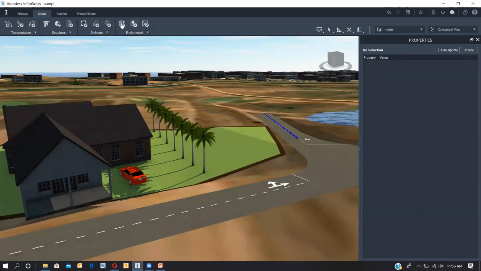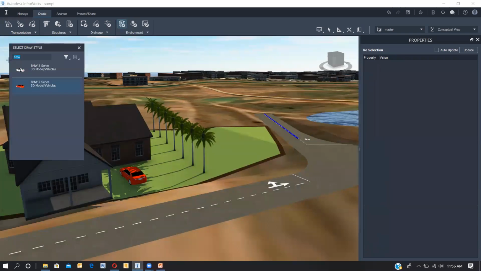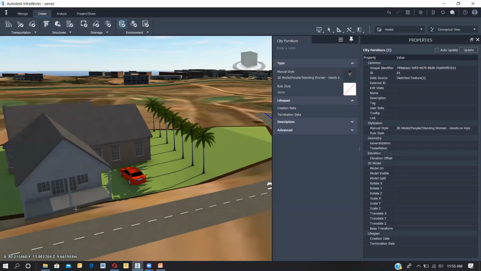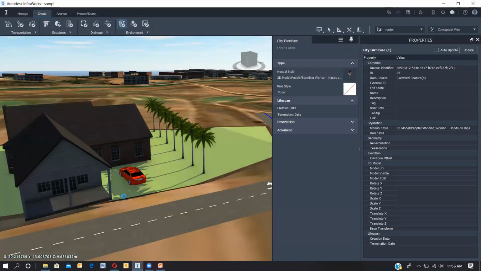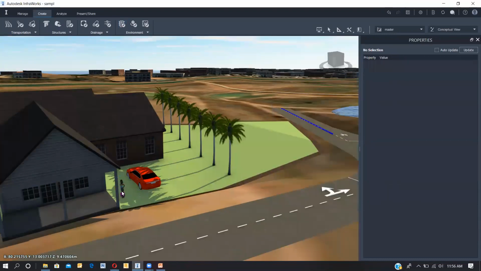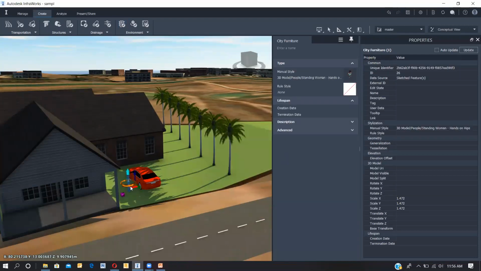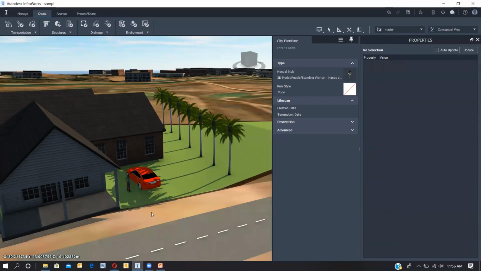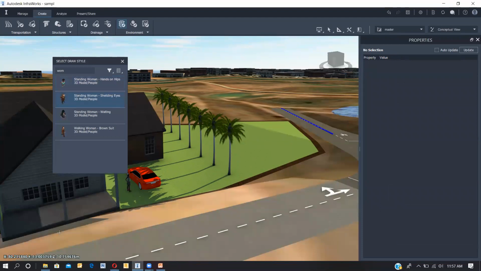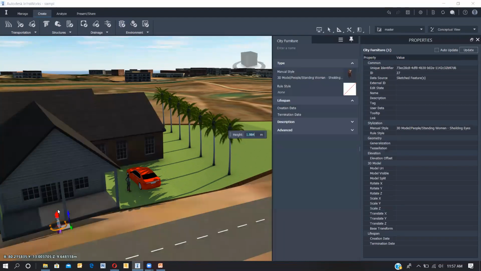Like if I want to place a man or woman over here, I can move her and I can rotate her. How easy it is, right?